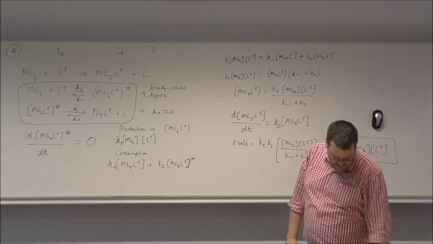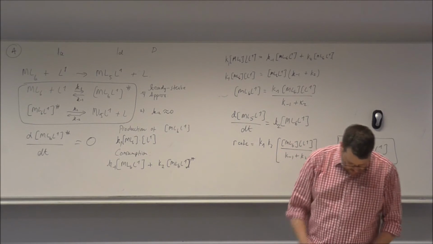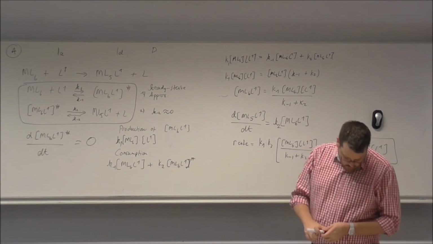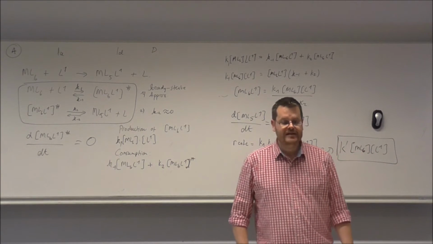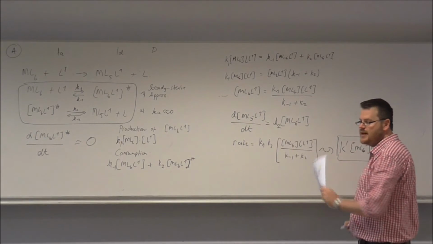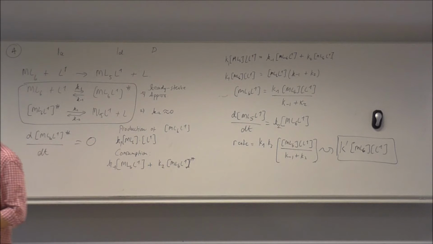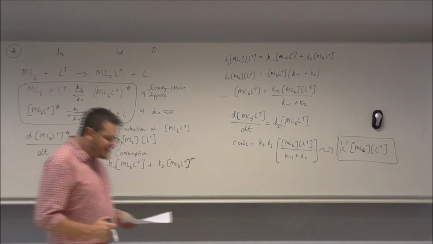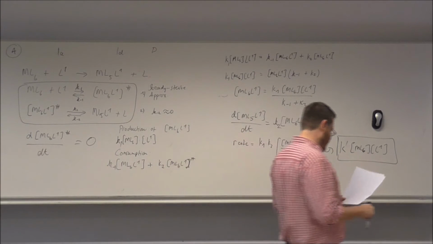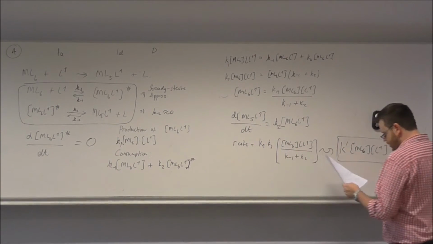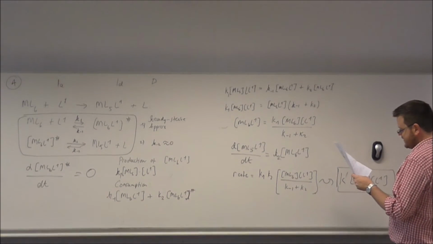You can play the same game. In fact, it's one of the homework exercises for a D mechanism, a dissociative mechanism, following the same derivation, the steady state approximation, and assuming that this reverse reaction in the second step is 0. You can do the same thing for a D mechanism, and what you end up with at the end is